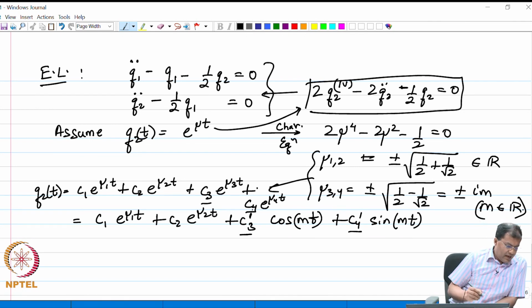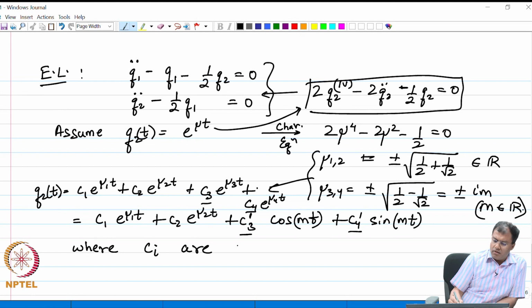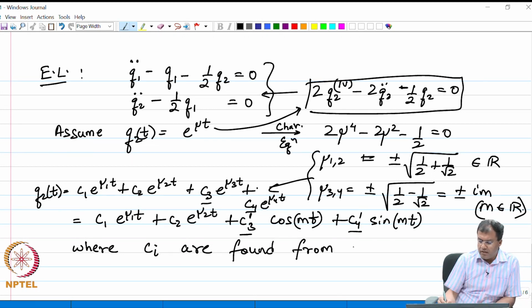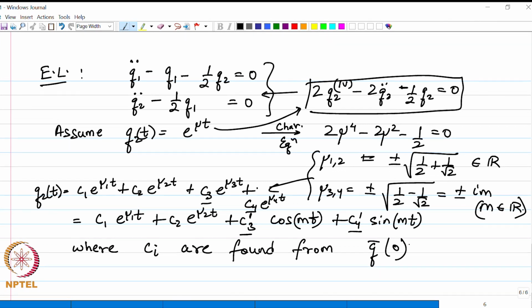Okay. And then of course, now we have got a family of extremals, and I can find the constants from the boundary conditions, q bar of 0 is q0 bar and q bar of 1 is q1 bar, and each of them is a set of 2 equations. So, we have a total of 4 equations for 4 unknowns, and that completes the discussion of this example.